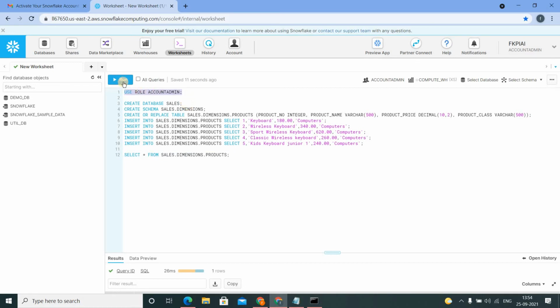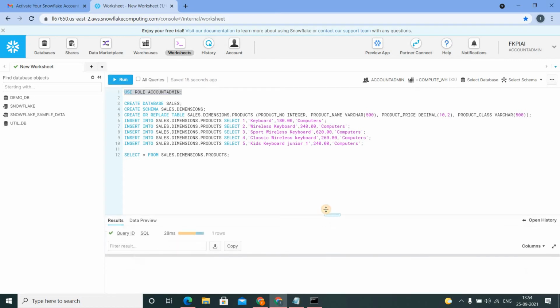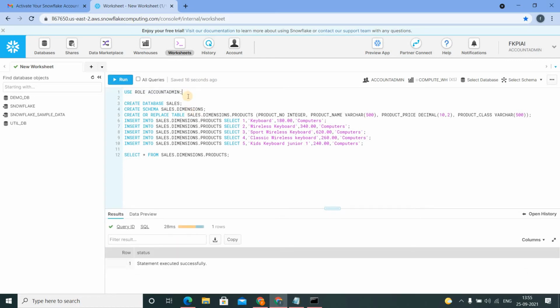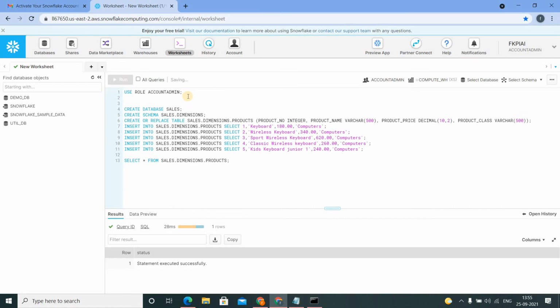Now you know that we have chosen the role account admin. If you want to see which role you are currently using, you can type this command, select current role, and now you'll see which role you are currently using.